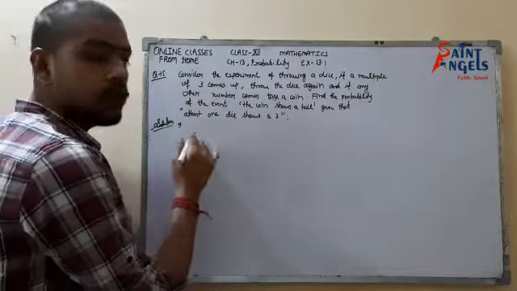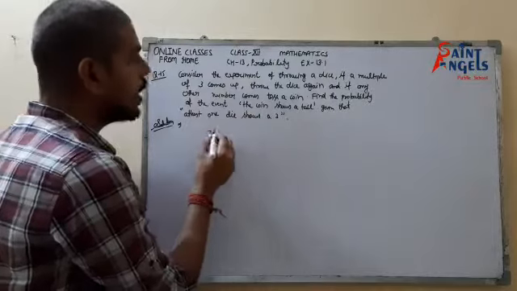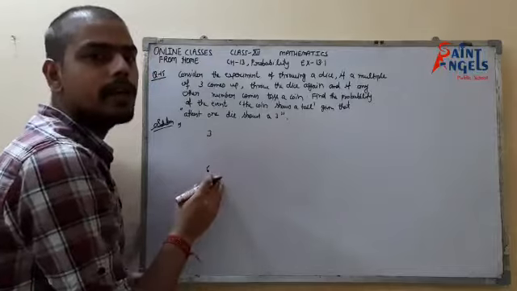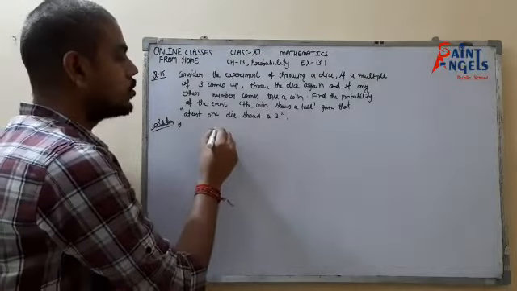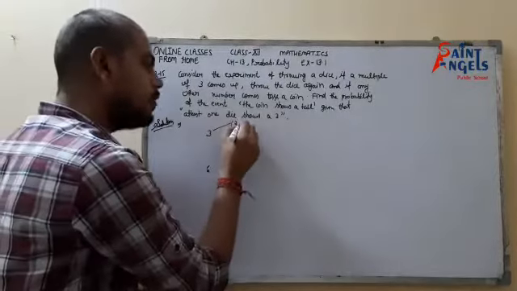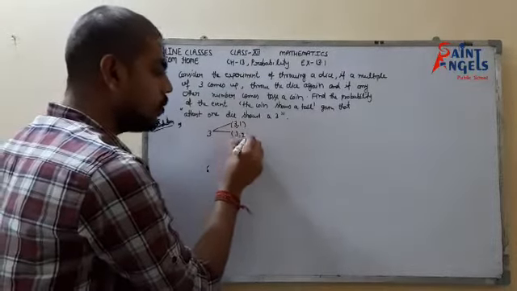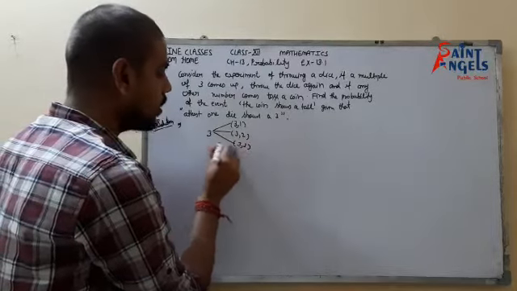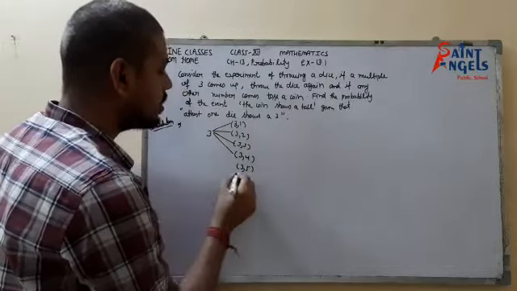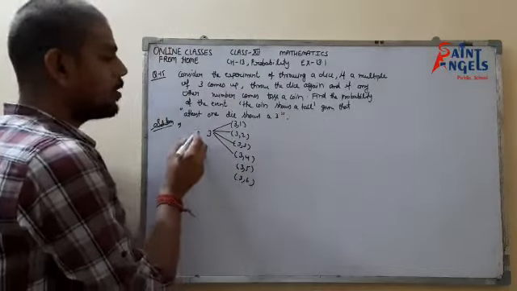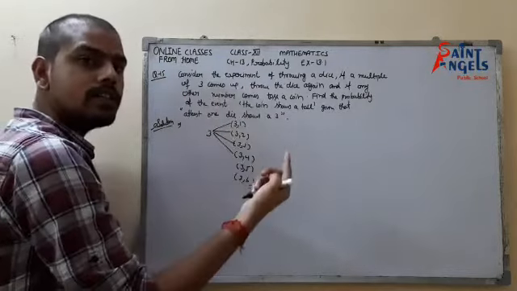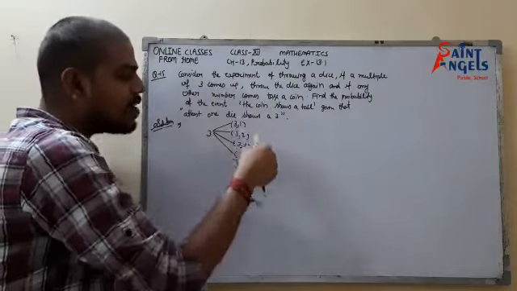Suppose on throwing a dice we get 3, and the other multiple of 3 is 6. If these two numbers come up, then we have to throw the dice again. So it is 3, and on throwing the dice again it could be 1, 2, 3, 4, 5, or 6. On the first die we got 3, then we toss the die again, and the second time we can get any of these 6 numbers.